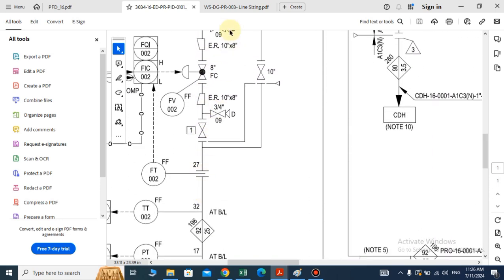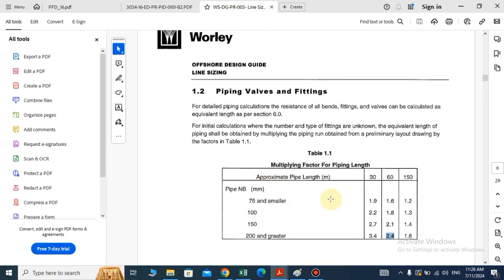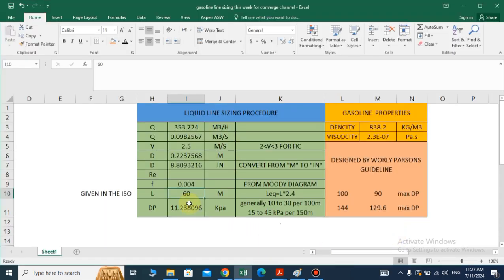So let's get back to the Worley-Parsons design practices, which says for 60 meters of pipe length and an internal diameter of 200 millimeter and greater, we need to multiply our length by 2.4. So let's get back to Excel, press equal and multiply this number by 2.4. Hit enter. We have